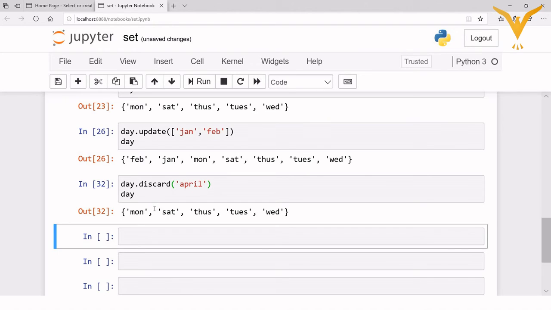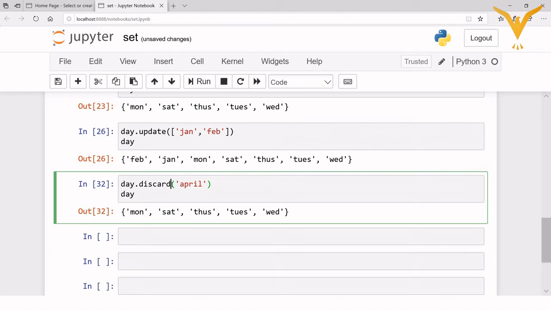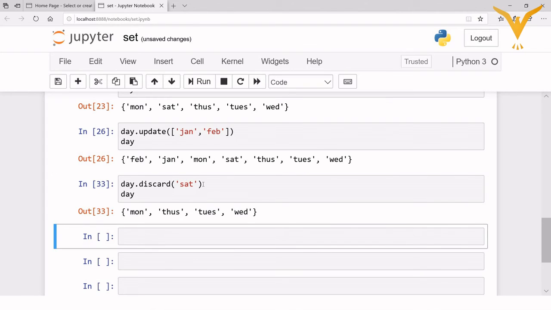It is just displaying the set without making any changes. Whereas when I use the remove method, as April is not present in my set, the remove method throws an error. So that is the difference between remove and discard method. If I try to discard any value like Saturday, this will discard Saturday from the set.